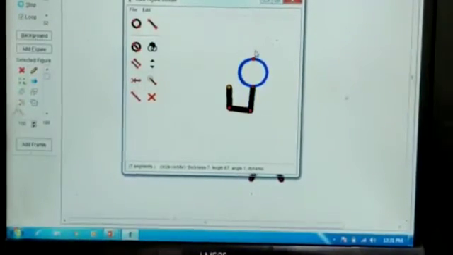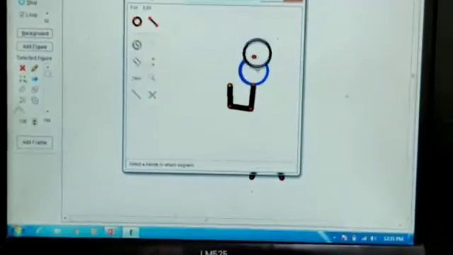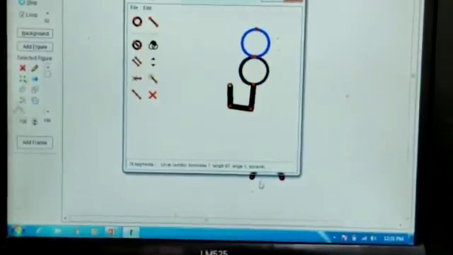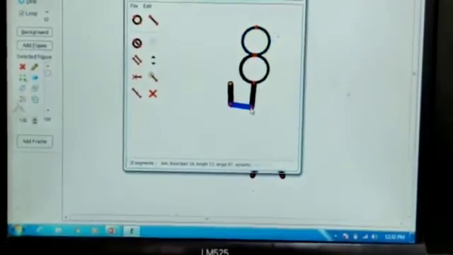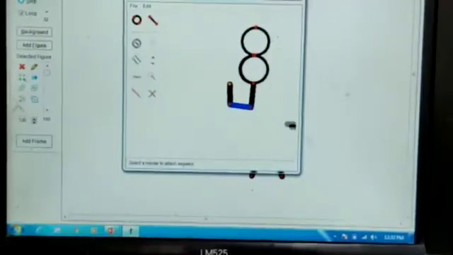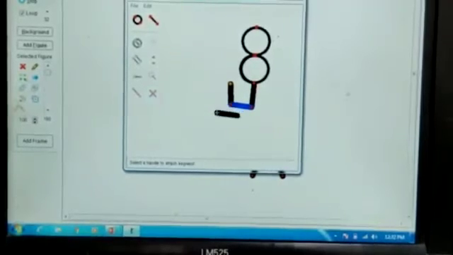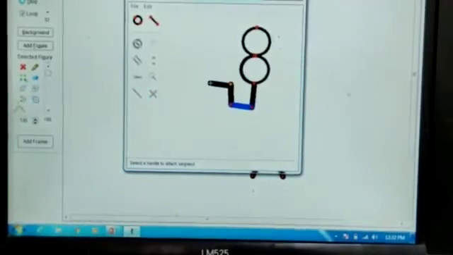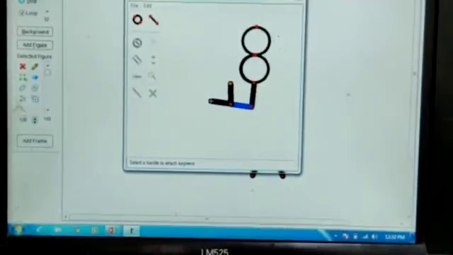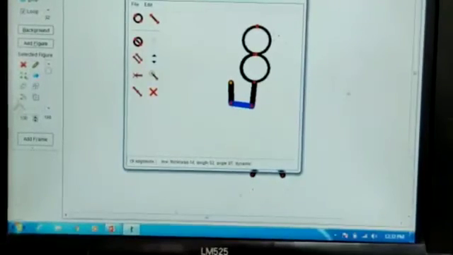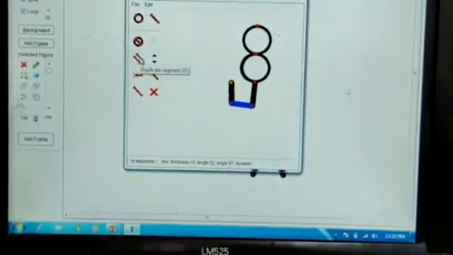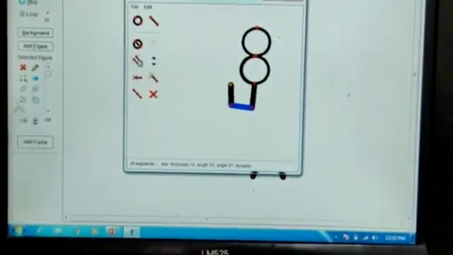Now you can see a duplicate copy of that. Yes, now I select this line. I want the line to be duplicated. You can see a line has been duplicated over here. Now I can add it to this. Okay children, in this way you can duplicate copy by using duplicate segment.